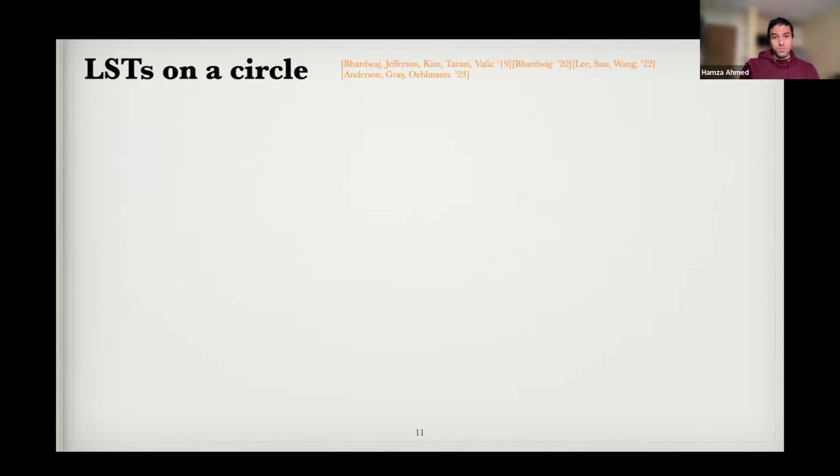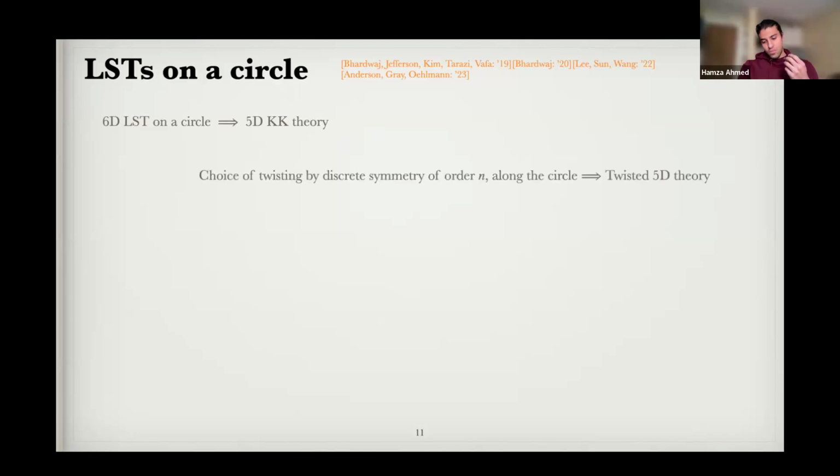So we would have to put these theories on a circle. When we put them on a circle, we expect some 5D KK theory. However, sometimes if your theory has a discrete symmetry, then you have the extra choice of turning on a discrete holonomy for the background gauge field associated to this discrete global symmetry. And in this case, you get disconnected 5D vacua, and each of those vacua is known as a twisted 5D